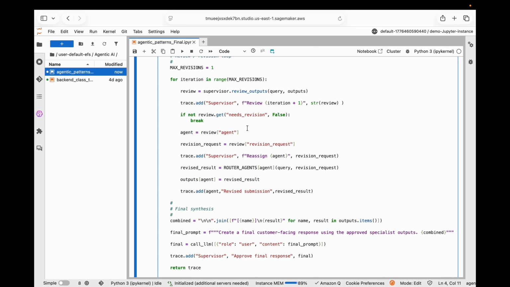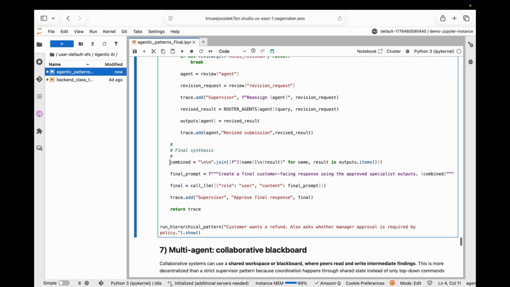If the supervisor agent indicates that a router agent has to revise its response, that router agent is invoked with the revision request. And then in the end, all the responses are combined together to create a final response using a large language model. So, in this example, we see a clear hierarchy between the supervisors and the set of specialists. Specialists focus on solving the problem, while the supervisor focuses on evaluating and improving the quality of the solution by